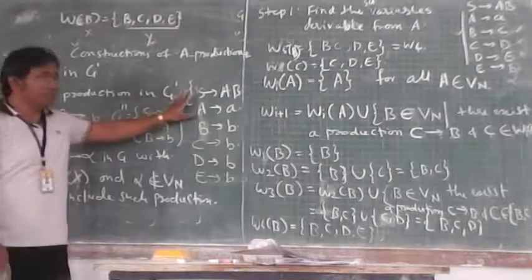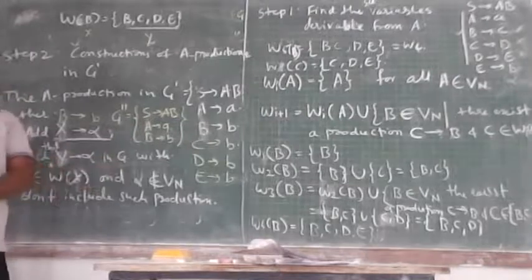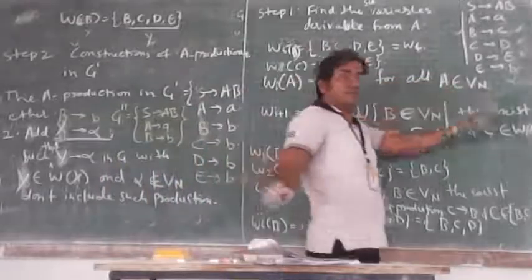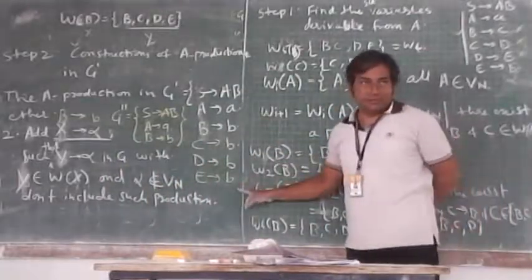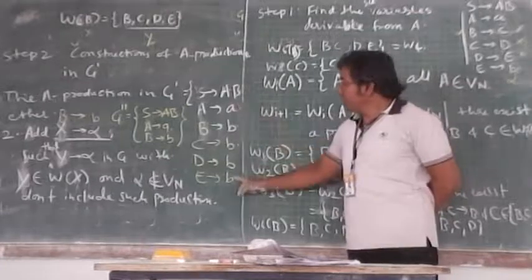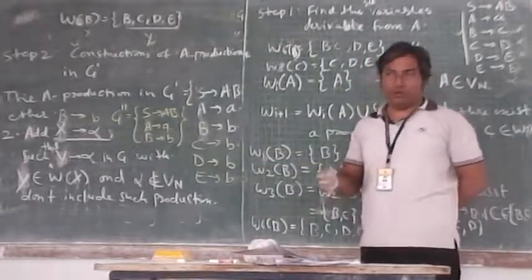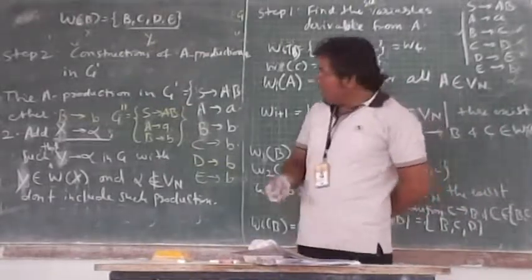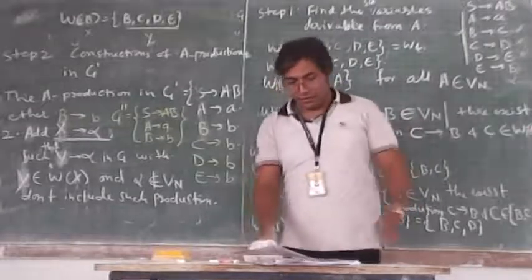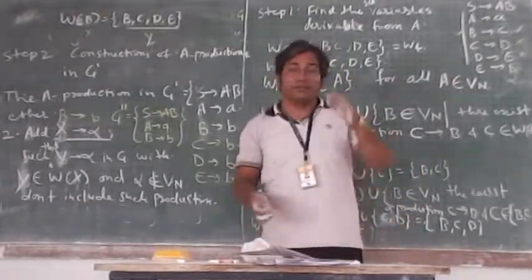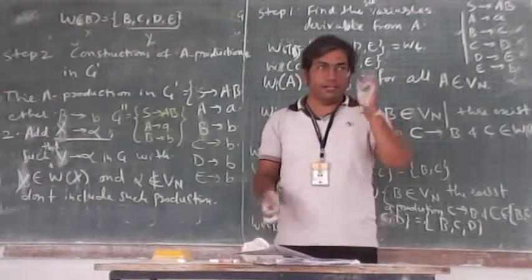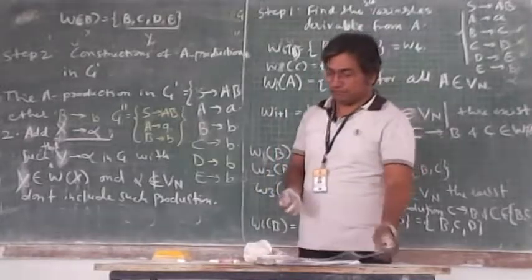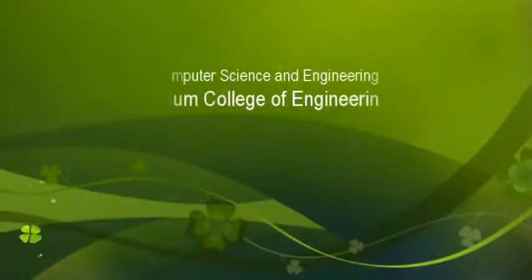Don't directly put G dash के बाद ये G double dash ऐसा मत रखो. आपको क्या पूछा है? Just remove the unit production from the given grammar. Then your answer should be this much. Okay? Here you can see that there is no such productions, no unit productions into it. Get it? Fine. All the methods required for the construction of normal forms are studied, and in the next chapter we will go for construction representing a grammar into CNF and GNF.